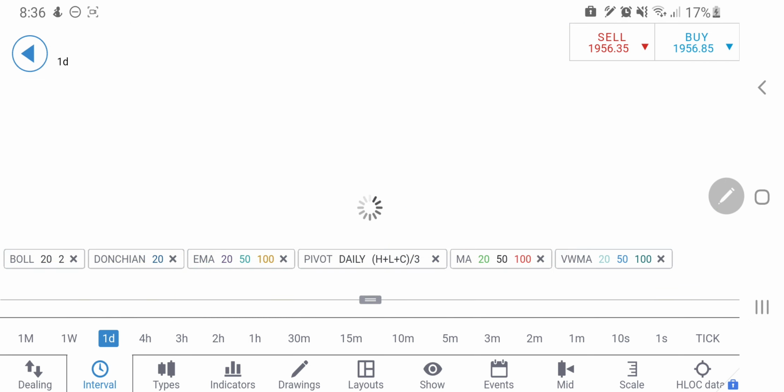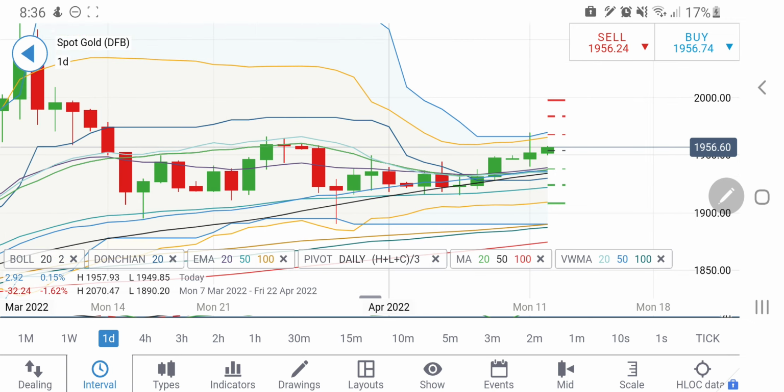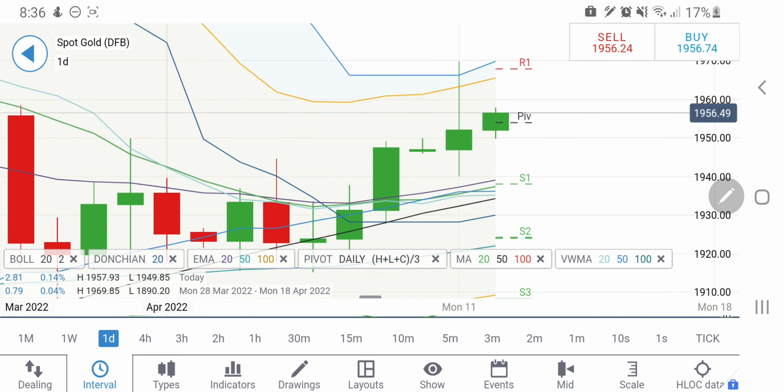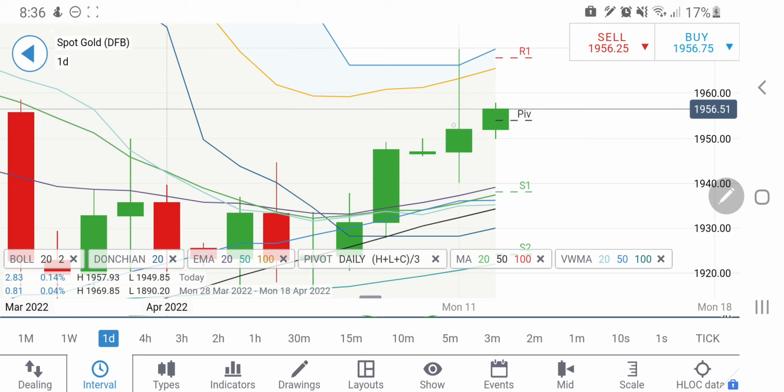Now come back to the daily charts. On the daily charts, you can see here very clearly, see, the previous candle is smaller body size, and now we can expect a bigger body size here. In fact it may try to either give a lower high till 1968, and yes, if it breaks 1970, nothing will stop it. So I'll be watchful at around 1965, 1968 zone. At the same time, I'll be watchful of 1950, below which it may try to come back till towards 1942, 1943, and below that we may see a sharper drop on the downside towards 1935 levels.